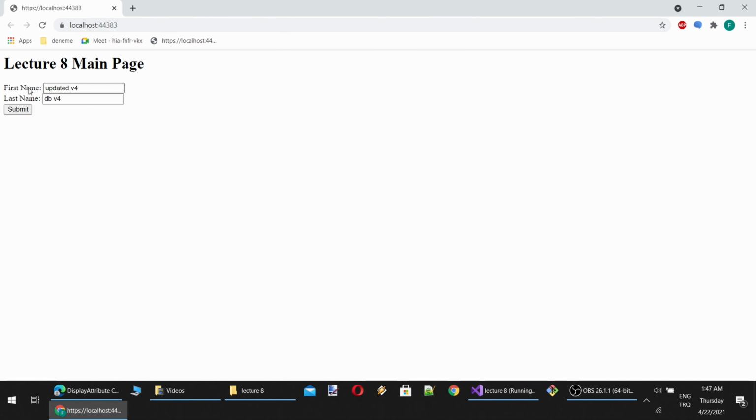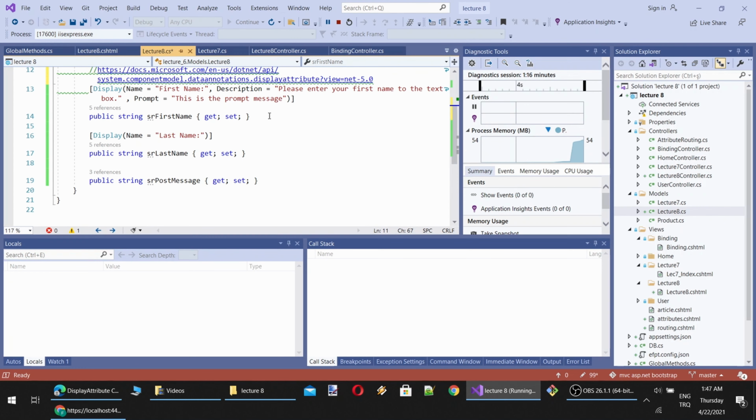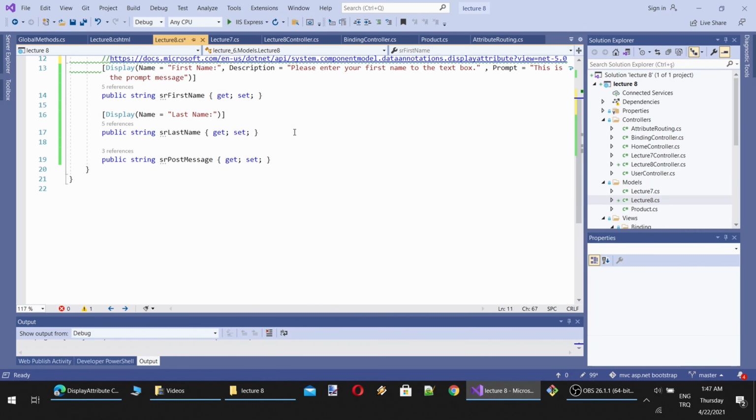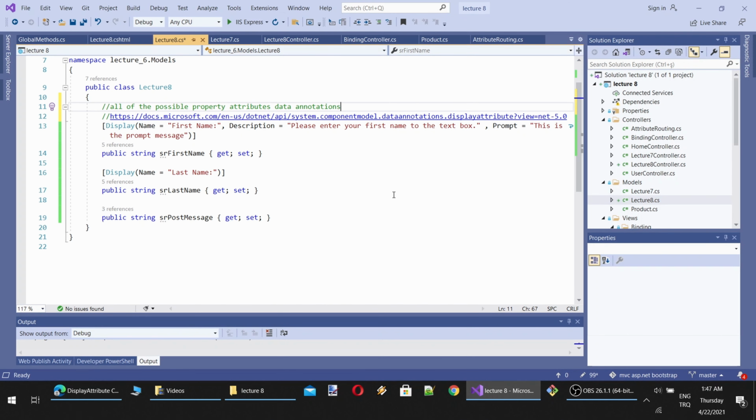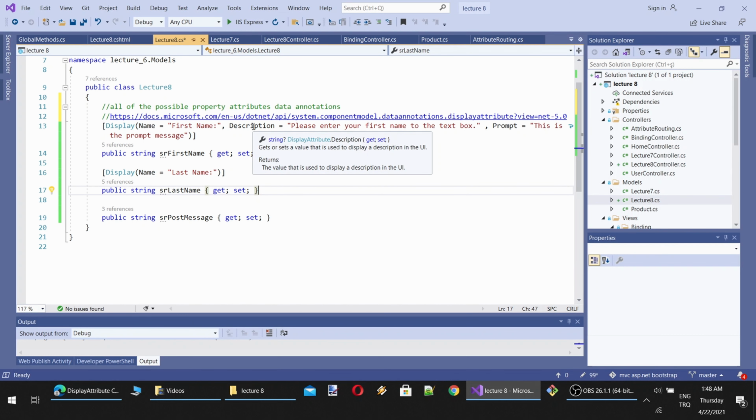Okay, so here our page opened. When I hover my mouse, I see nothing. Okay, let's check the source code. Okay, there is placeholder. This is the prompt message. However, placeholders would be displayed in the text box. Yeah, as we see, the description is nowhere to be found, and the placeholder, this is the prompt message. So I think we can set prompt message for the text box, maybe here, but I'm not sure how we can do it. Yeah. Okay, if you ever need that, let's look.